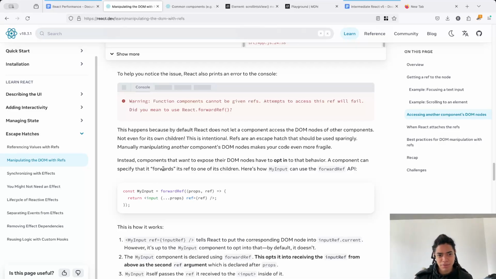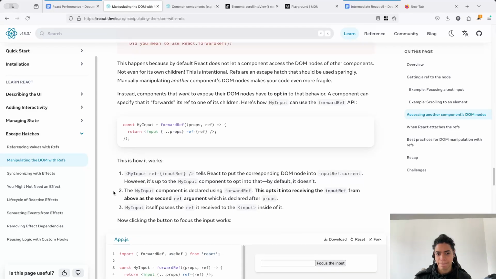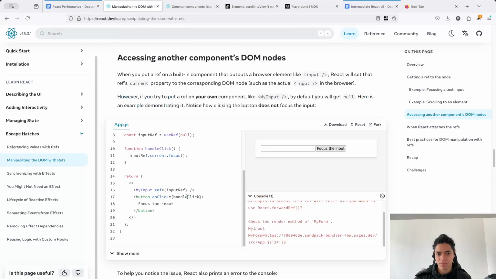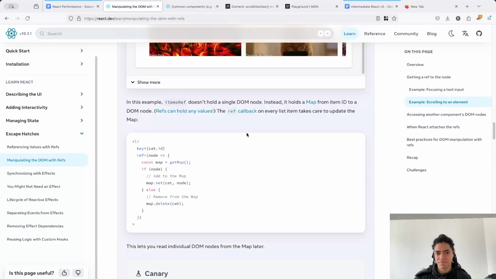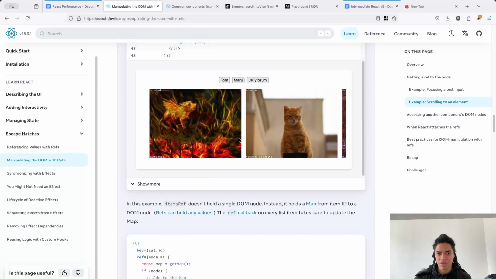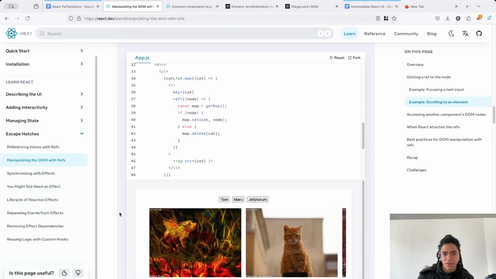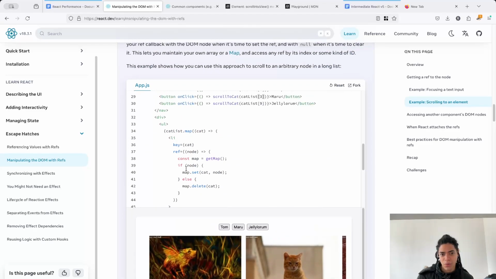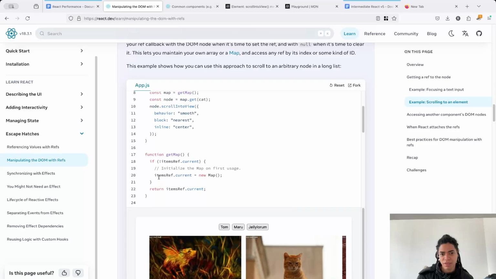A component can specify that it forwards its ref to one of its children, and here is how my input can use the forwardRef API. By rendering all of these elements here in your sections,